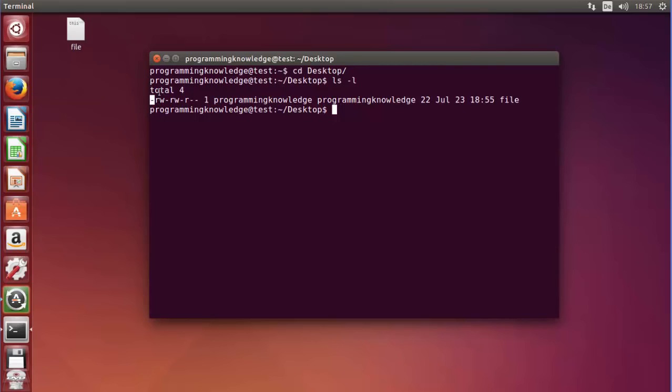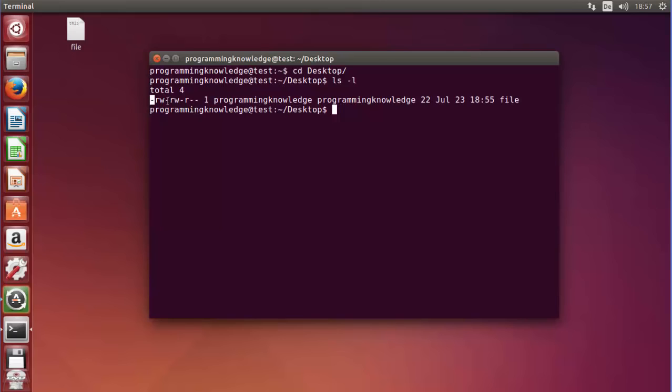For example, a normal dash means it's a normal file. If it would be d, then it would be a directory, or if it would be a c, a character special file, or if it would be b, then it would be a binary special file,